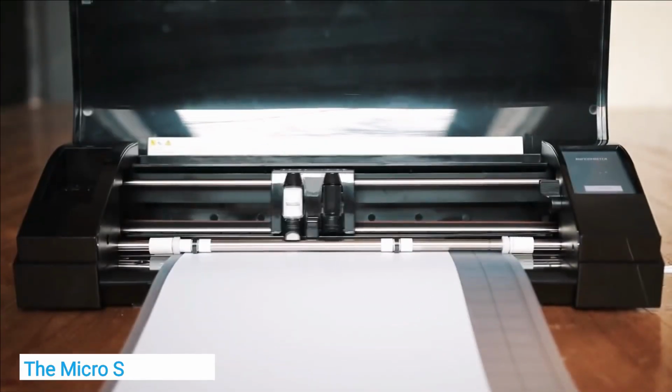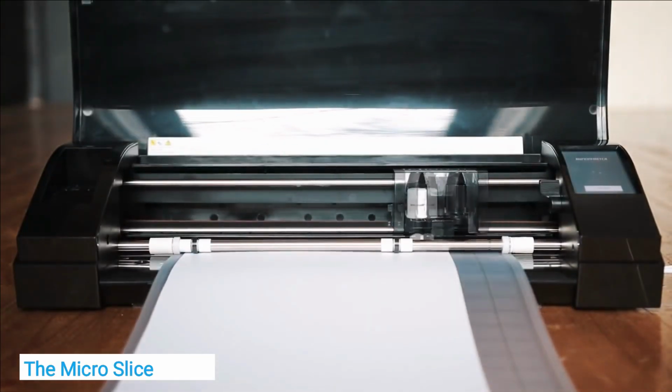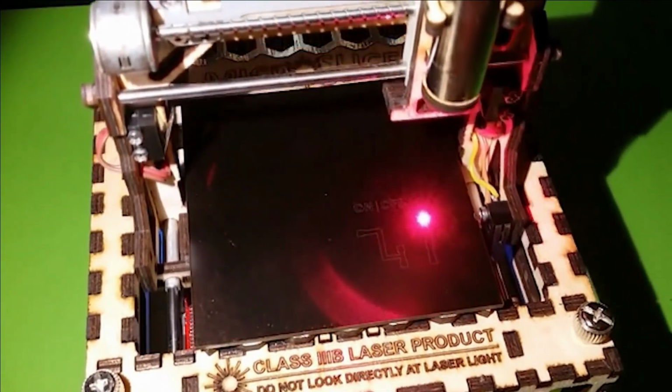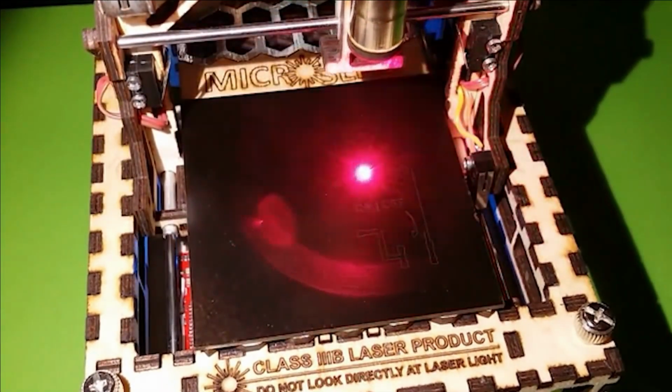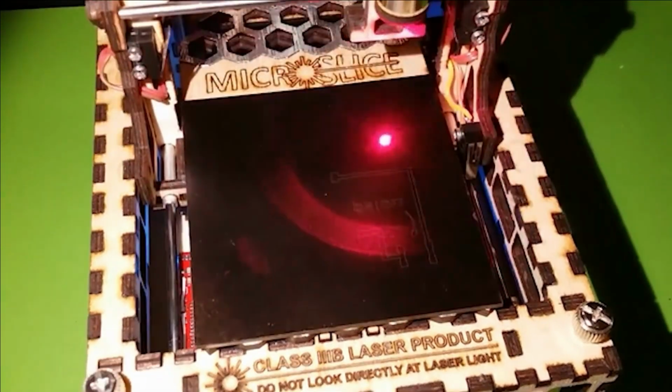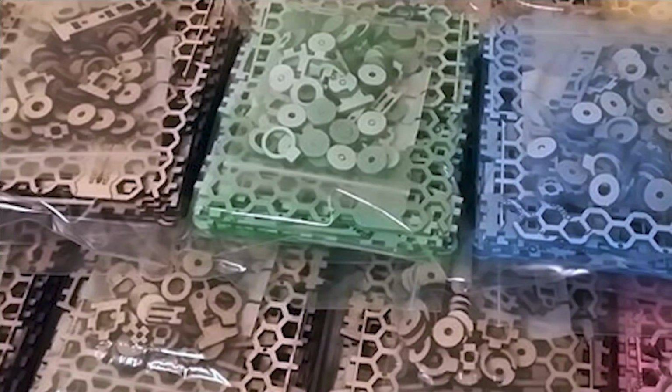Number 2. The Micro Slice. This cutting machine is different from the rest of the list, since it is entirely self-made rather than coming pre-assembled. The machine is made ready to order, but the Micro Slice stands out for being entirely self-made, as it comes